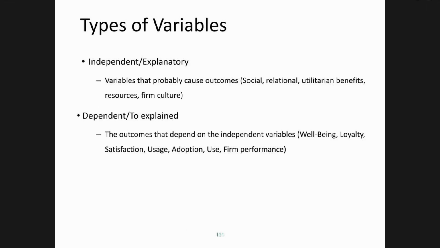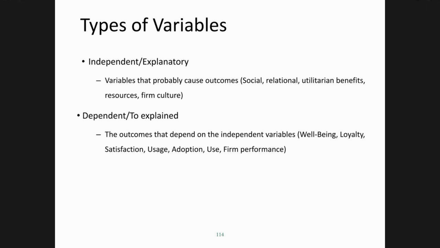You have to distinguish between different types of variables. So the independent or explanatory variables, which are the variables that probably cause outcomes. For example, social, relational, utilitarian benefits, or resources, or firm culture. So the variables that explain a phenomenon. So, for example, also privacy concerns in the technology acceptance model. And there are the dependent or explained variables, which are the outcome variables that depend on the independent variables. For example, the impact of technologies or privacy concerns or social benefits on well-being, loyalty, satisfaction, usage, adoption, use, or